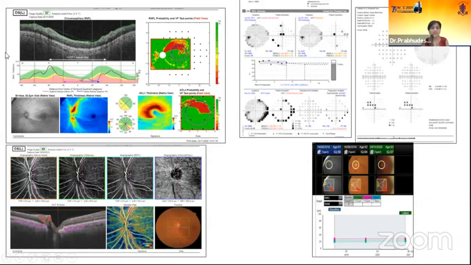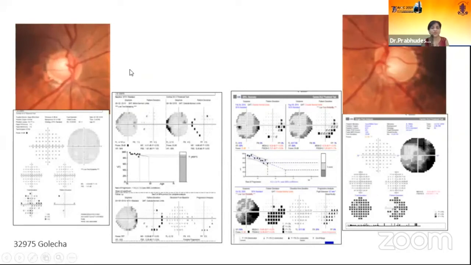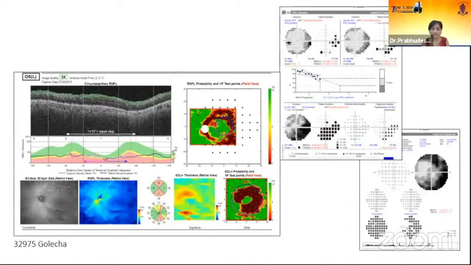So this is another patient of a very poor compliance, and you can see on visual fields the VFI is progressing very fast in the left eye. Definitely that is advanced cupping in the left eye. Even the 10-2 is showing the same thing. And here on visual field, we are seeing the same thing, that is right eye and left eye more advanced, and includes even the field loss in central 10 degrees over here.